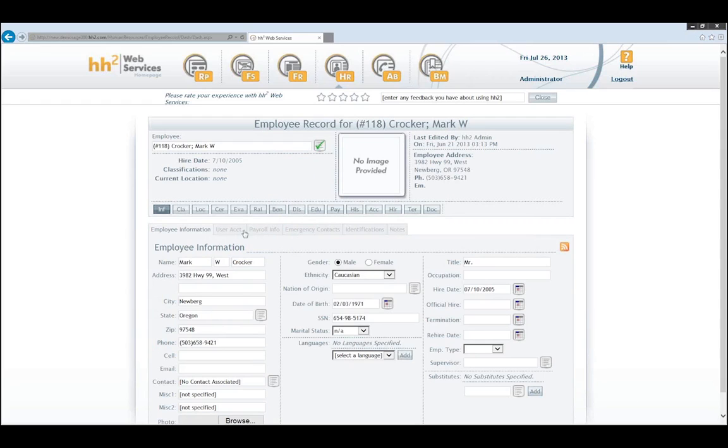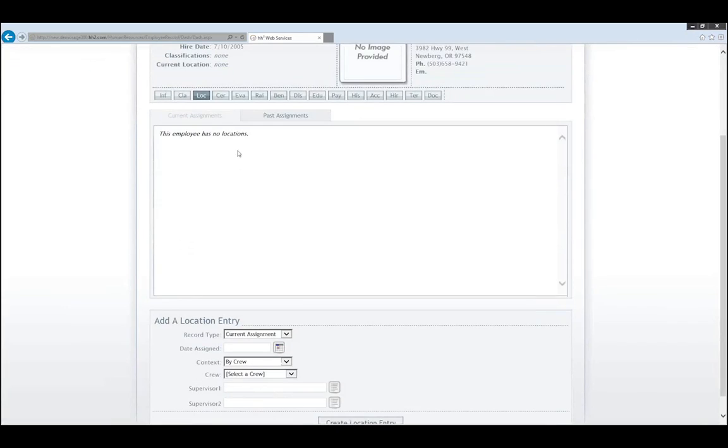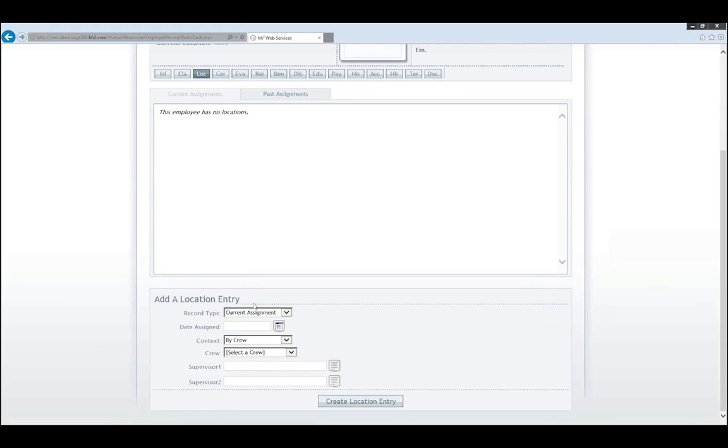So the way that I do that is there's a Locations button in HR, and by clicking on that, we have no current assignments for this employee. So when I scroll down, it shows me that I can add a location, and it's showing me that I can make a new current assignment here, and I can put in a date that I want to assign that